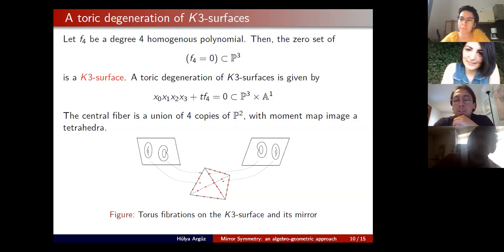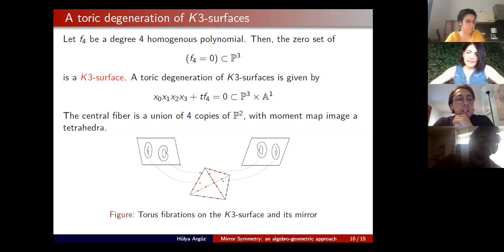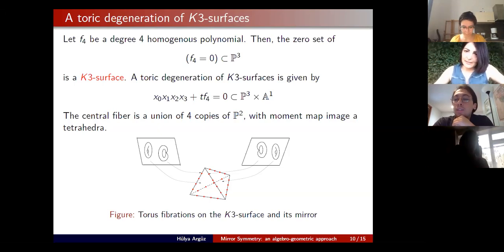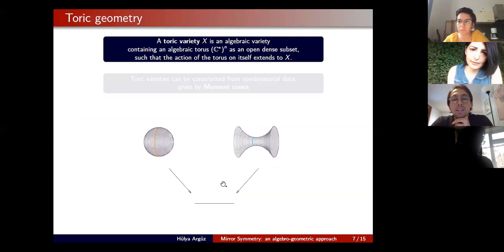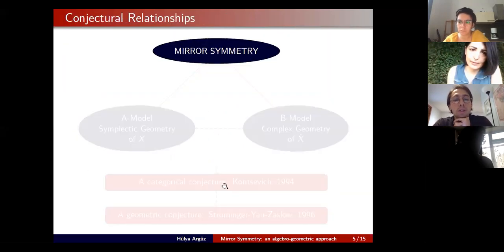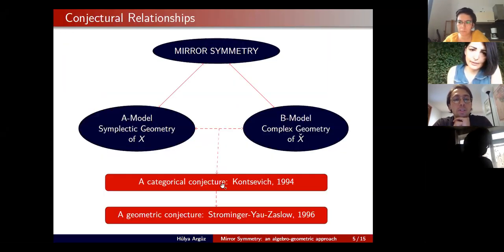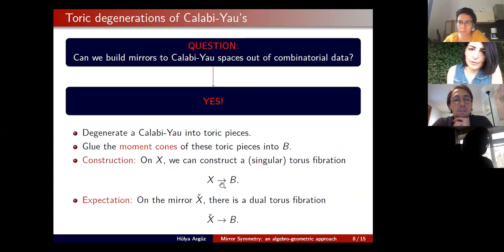Maybe while waiting for other questions, I can ask mine. You said in your thesis work, you looked at some higher multiplications coming from the homological side and showed that they can be realized in the geometric side. Did I get this correctly? Yes, that's true. Can you tell a little bit more about that and how those multiplication maps work in the geometric side? That's a very good question.